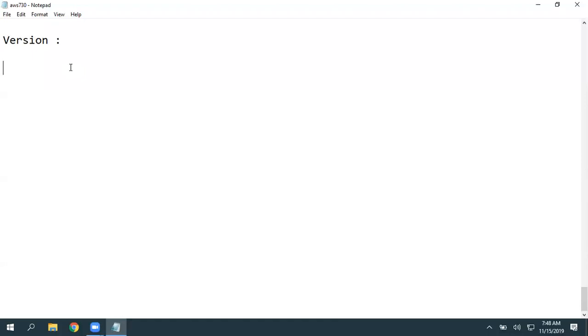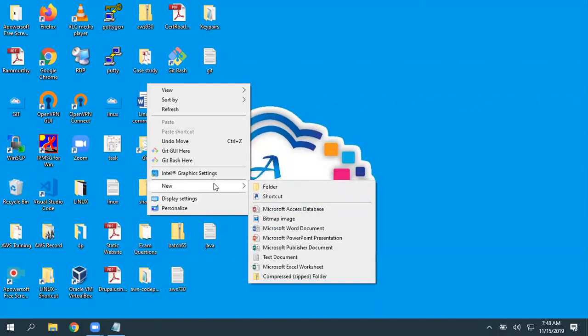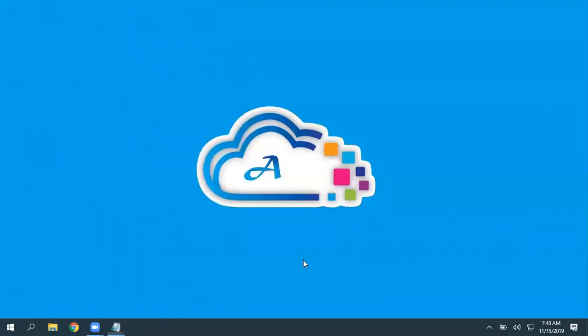So now the first and important feature is versioning. If you're not sure, for example, you have a document called resume.txt.